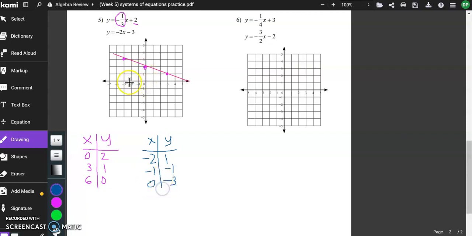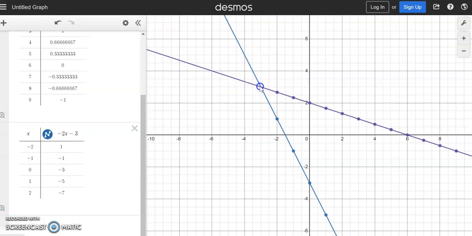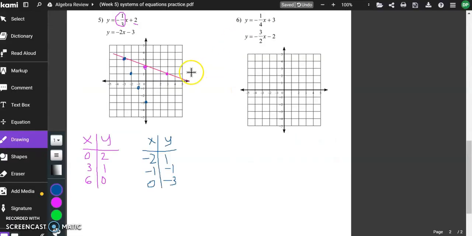And again, I'm just going to go in and graph all these. Negative 2, 1, negative 1, negative 1, and 0, negative 3. And then we seen on there, we already knew we are going to put in this point, negative 3, 3, because again, that's where they cross. I can go here, and that was the point right here that showed where they crossed. So we can go ahead and put all those in, draw ourselves our line,